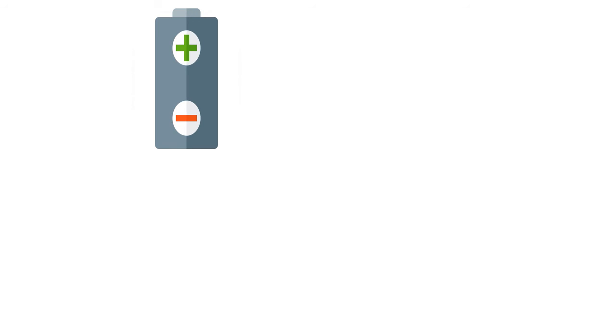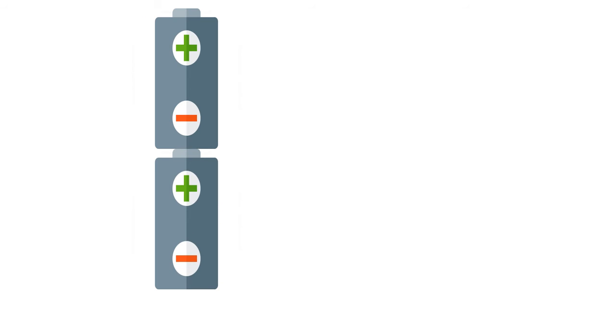Okay children, look here. See, if I put the cell like this, it is correct. Now it is correct. See, positive terminal and negative terminal. Here positive and here negative. So this arrangement is correct. It is correct for a circuit. And I will show you another one. See what will happen.